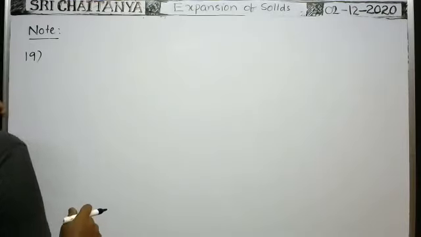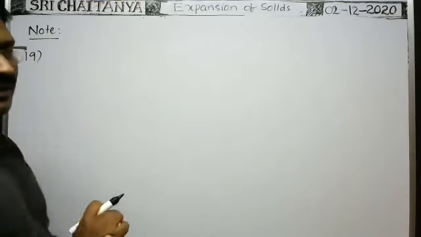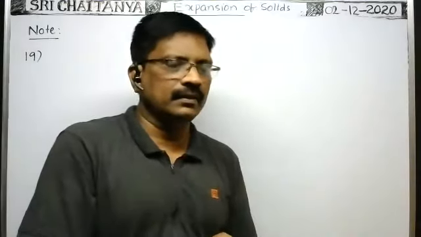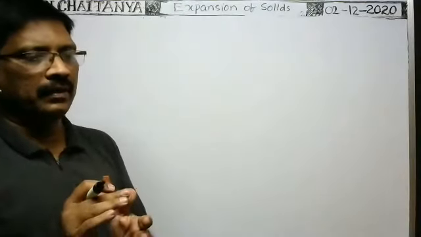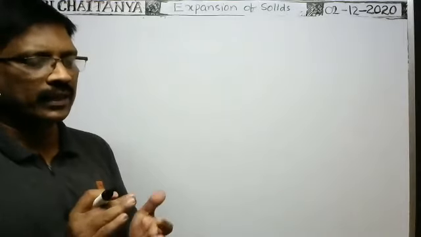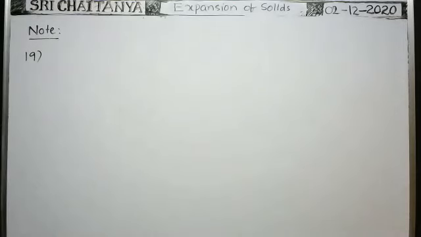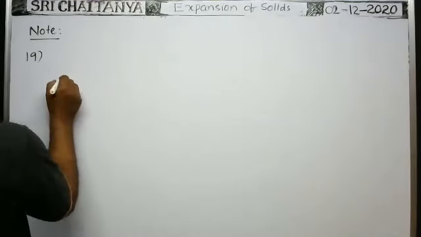Nineteenth one. Suppose three identical rods made of different metals are joined together, or welded together, to form an equilateral triangle. Suppose you see...